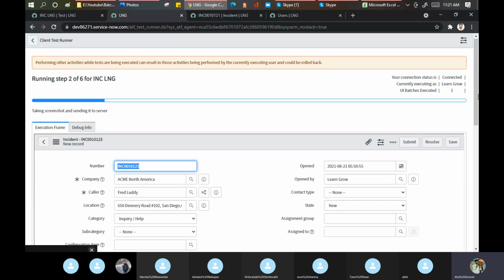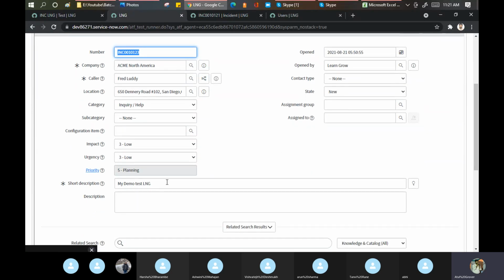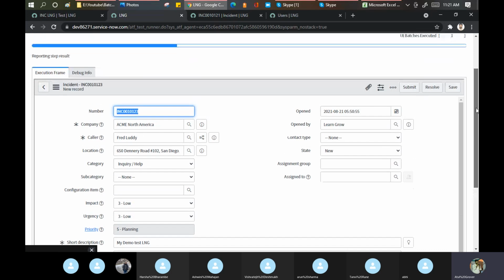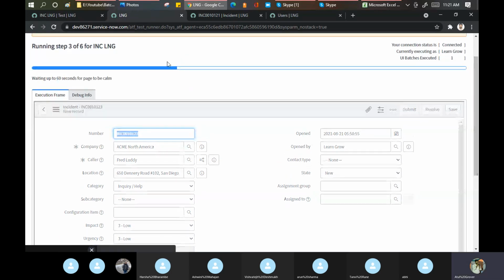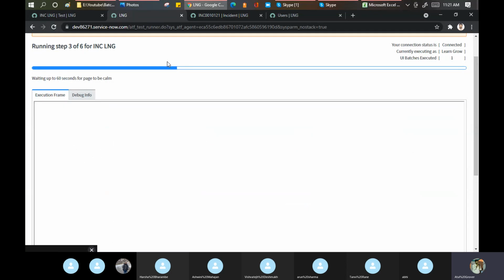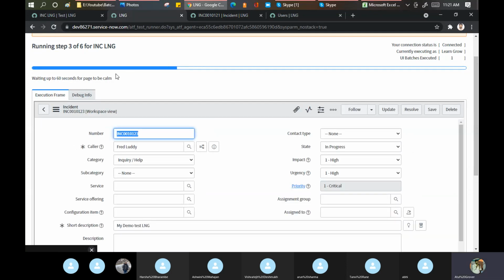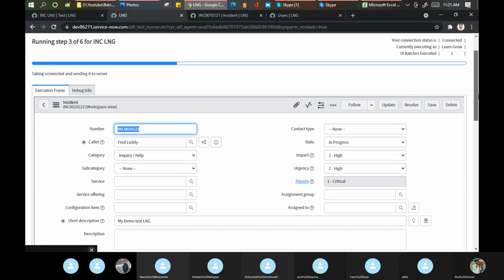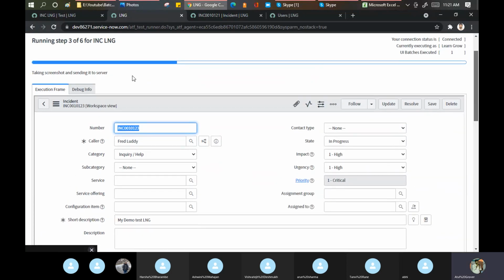So now I'm on step 2. Only 2 values have been set, right? And my record number is 123. Let it go to step number 4, then I'll show you. Okay, it's setting up the results, saving it. Step number 3 was saving the record. It's done. Now step number 4 has started. Let's take the screenshot here. Let's go to step number 4 quickly.